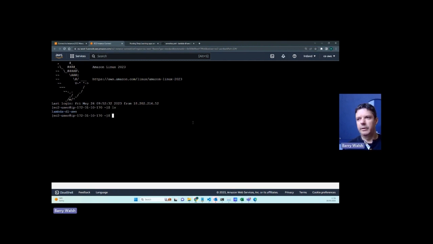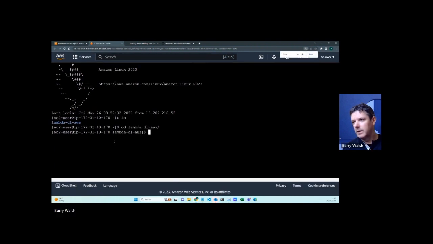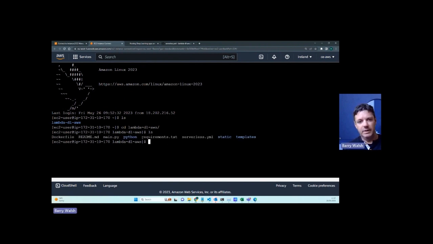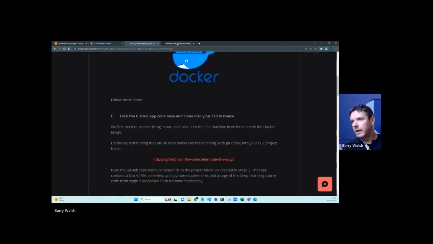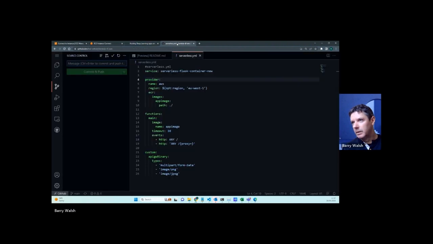Okay, and then we're just going to drill down into the right folder here. So cd lambda, use tab again to autocomplete. Here is the level that we cloned from GitHub. So we actually just need to do a pull here, git pull, go back to GitHub,